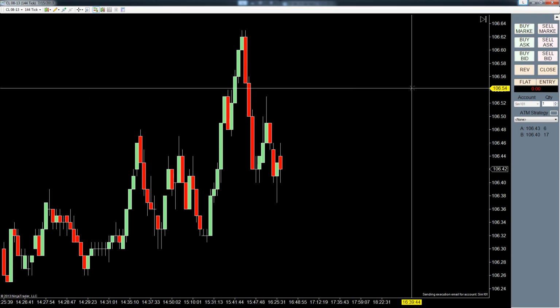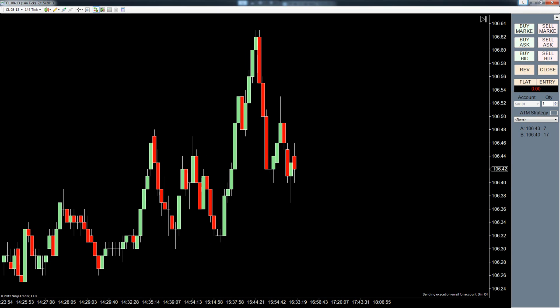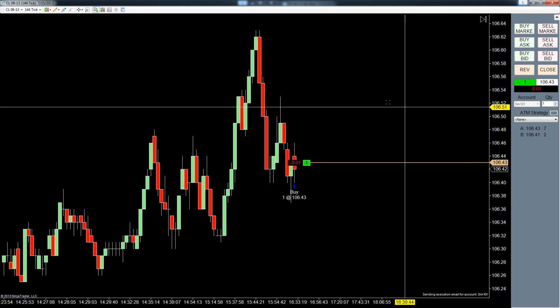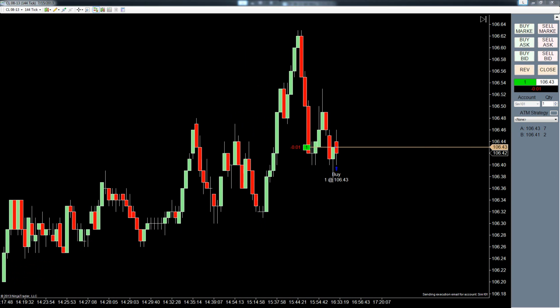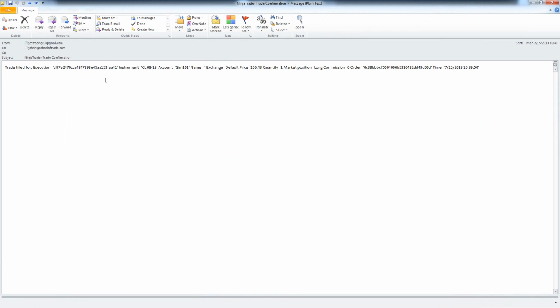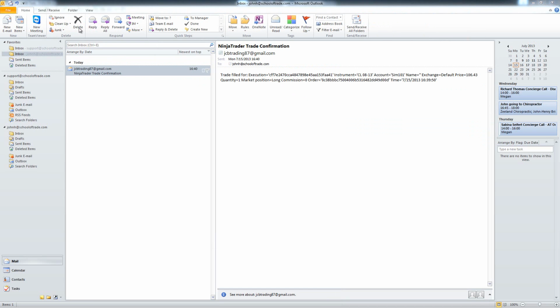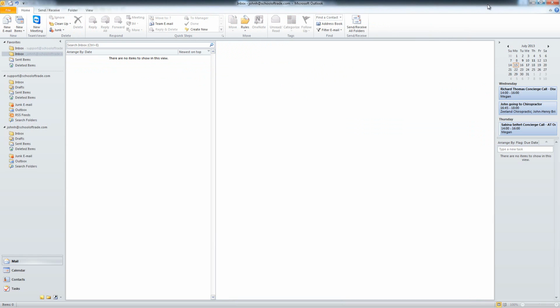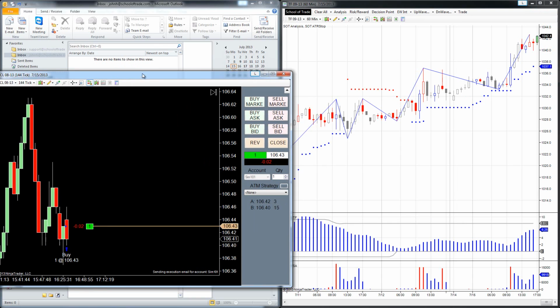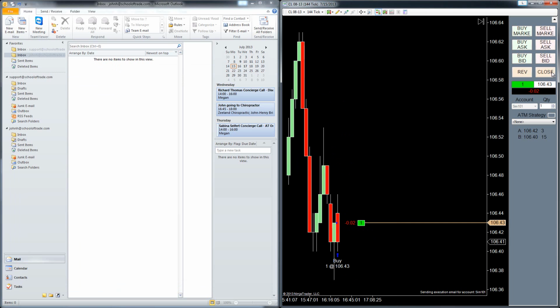As an example, let's place a buy market, and now if I go into my email, I can check to see whether or not that email has shown up. Let me pull my email over real quick, and you can see right here from my email address it says trade filled for execution, and it's saying that Sim 101 exited the price at 106.43 for a quantity of 1, and it basically fills you in on all the information. So I can delete this email, and I'll leave this up on the side here so you can see what happens. And when I close this order,